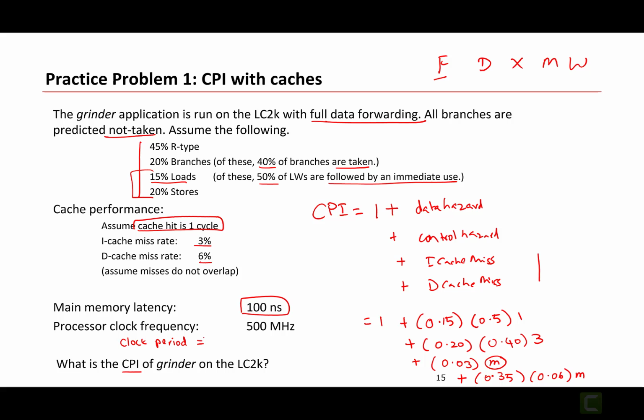So now if you want to compute how much time it will take for every cycle, you need to do 1 over that. So that's 1 divided by 500 times mega, which is 10 to the power of 6. So you have 1 over 10 to the power of 6, which is equal to